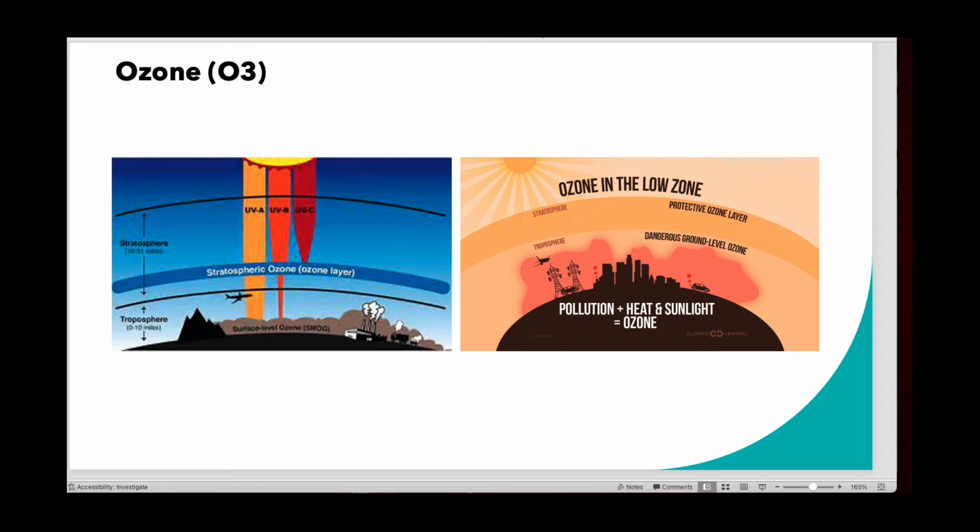And you can see here that the heat, the sunlight, and the pollution, they all kind of make this slurry to make this O3, which is essentially a type of radical, right? It's a type of free radical. And these are molecules that we breathe in, and they cause significant damage. So they produce a type of free radical, which is going to injure epithelial cells along the respiratory tract and in the alveoli and in the cells within the lungs.